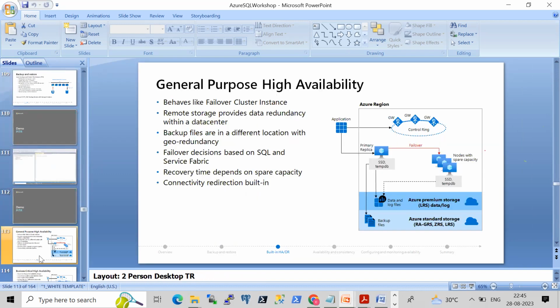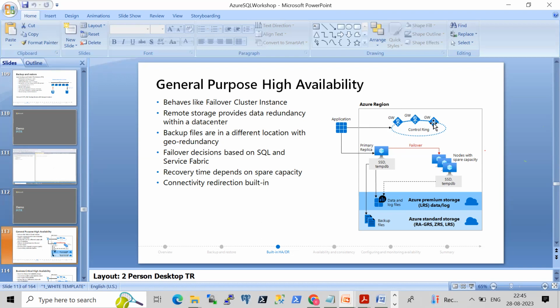This is the general purpose architecture. It doesn't matter whether it is Azure SQL or MI, this architecture remains the same. I repeat, it doesn't matter. The underlying architecture remains the same with a few differences, but this is the architecture that we have to remember. So what is general purpose high availability? Very important thing: your application will be connecting to